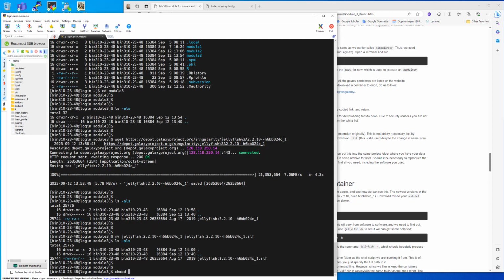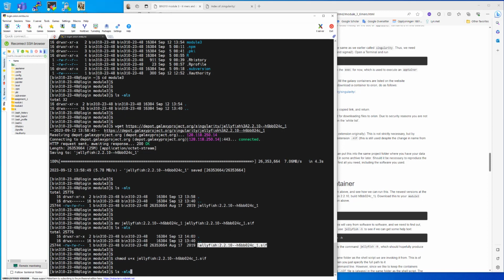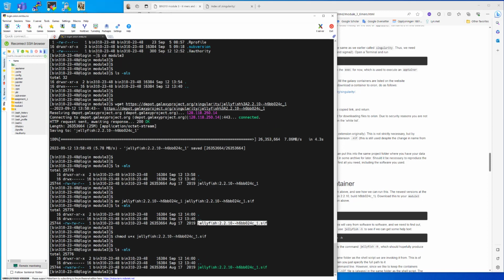So I use chmod again to change the mode, change the permissions. The user, me, should now be added execute permissions. And then the file name that we want to do this to. And that's, of course, this file, like this. So if we now list again, we will see that it has now